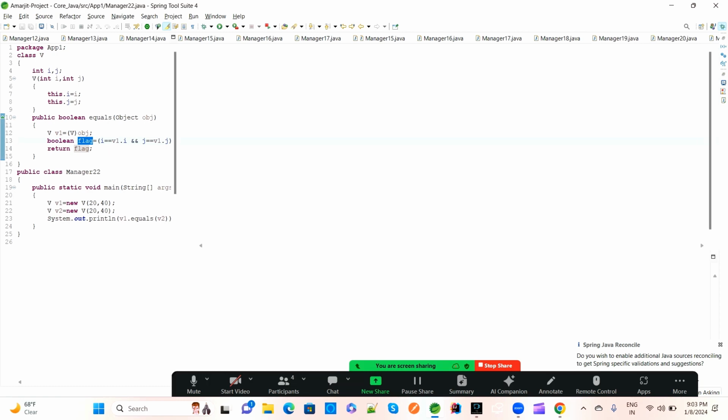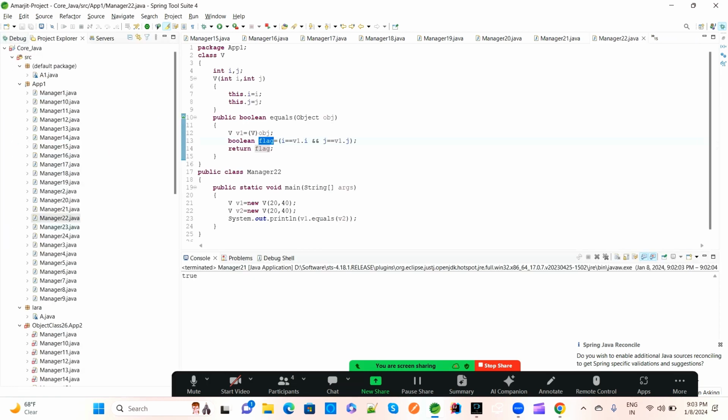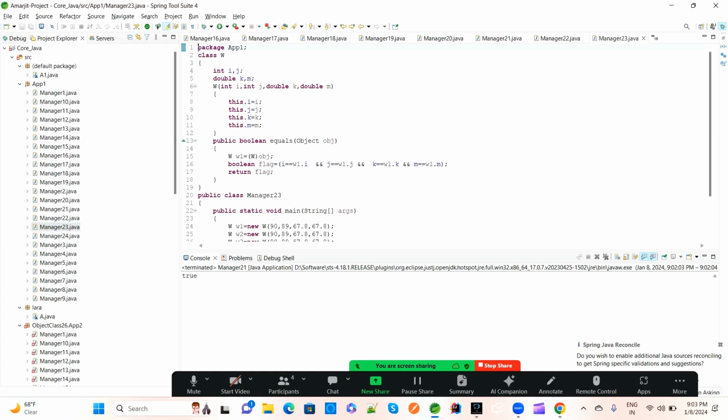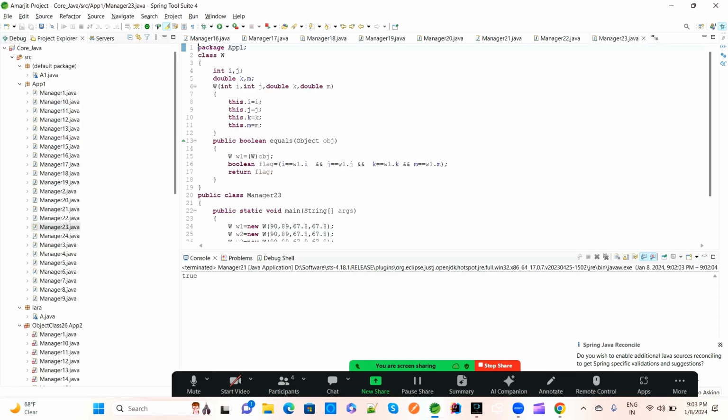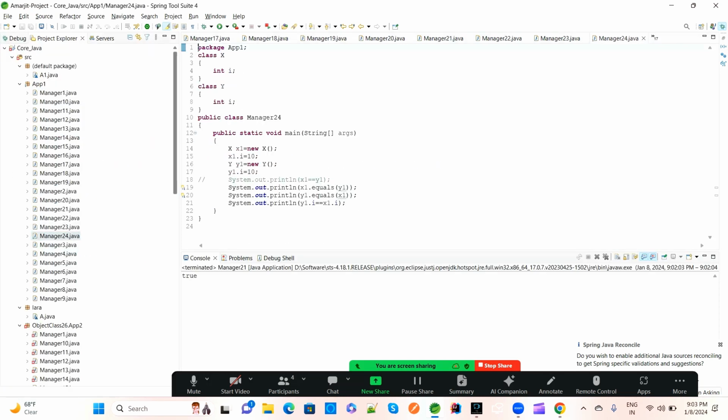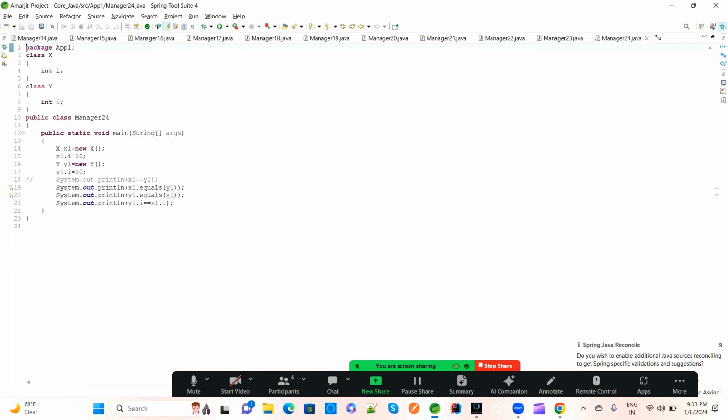So manager 22, 23 and 24 will be the task to check the output. What will be the output for this? And this one is the last program. Here mostly we are comparing the objects and all. So mostly we use equals, double equals and dot to strings and all, how we will represent the object as a string. So this will be the task, to check the output for these three programs, and then tomorrow we will continue